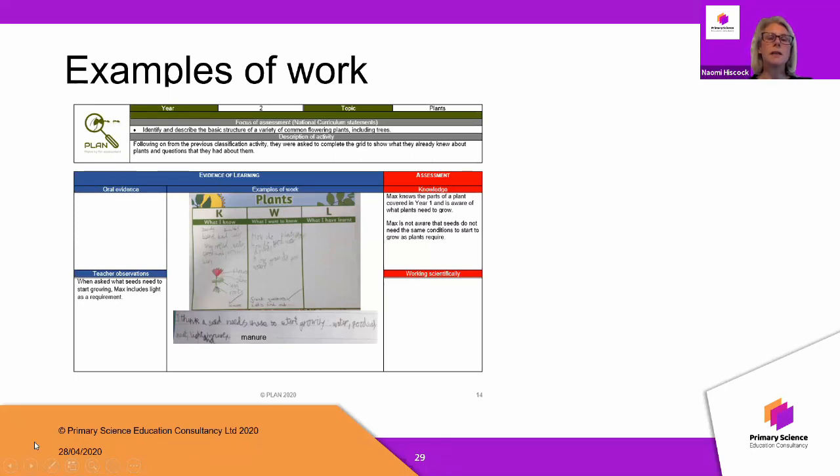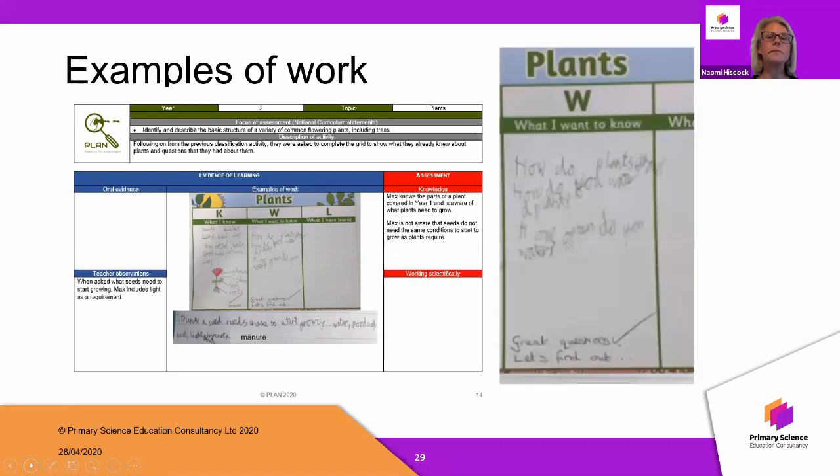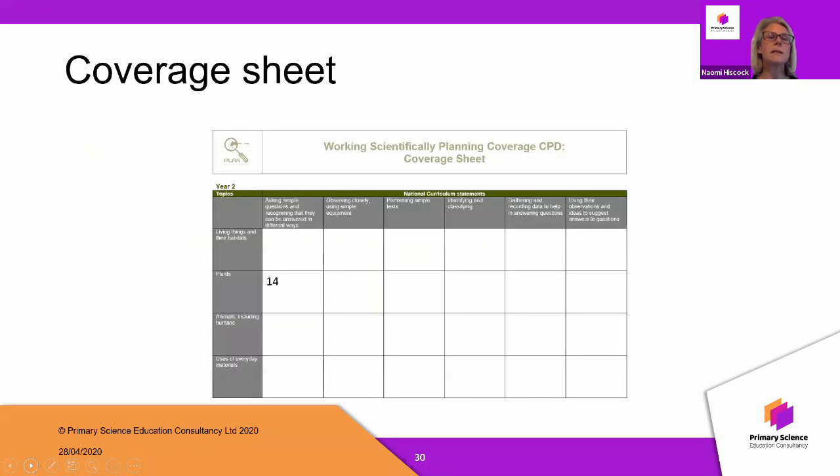So for instance, in this, I've just enlarged part of it. So you can see here that in this activity, the children are expected to generate their own questions. And this was on page 14. So the idea is that teachers would work in smaller groups, focusing on one topic, and they would look through that topic and decide which skills the children are practicing. And then they can fill in a simple grid like this, for example, showing that within the plants topic, Max was asking simple questions on page 14.